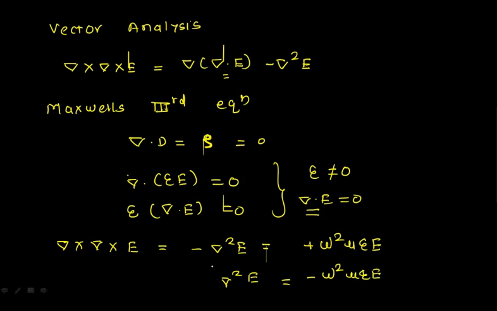So this is nothing but the wave equation which you have got right now. Now I have this electric field intensity. You can't say that electric field intensity is in one direction only. So if you are resolving this E in three mutually perpendicular directions, in the direction X, in the direction Y, or in the direction Z, your equation will become del square